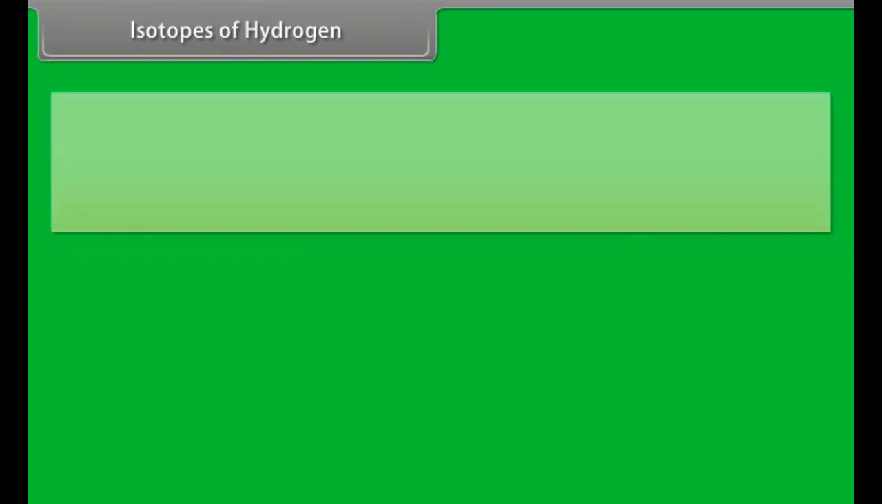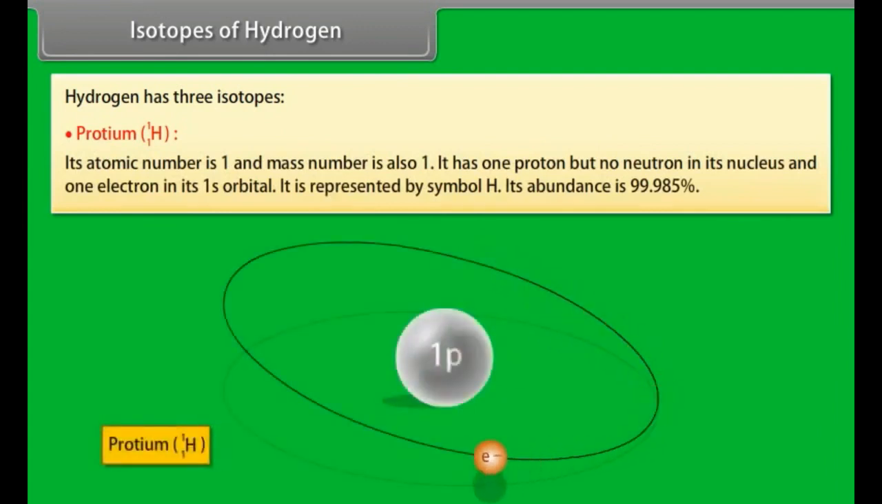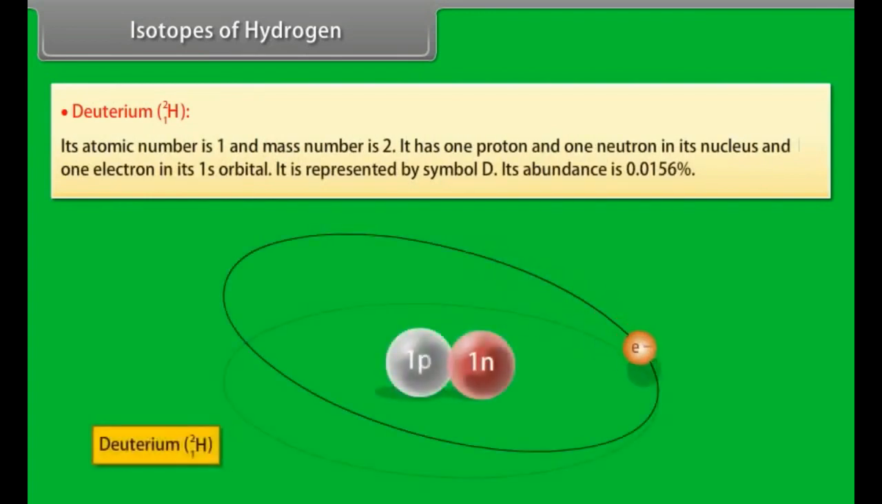Isotopes of hydrogen. Hydrogen has 3 isotopes. Protium. Its atomic number is 1 and mass number is also 1. It has 1 proton but no neutron in its nucleus and 1 electron in its 1s orbital. It is represented by symbol H. Its abundance is 99.985%. Deuterium. Its atomic number is 1 and mass number is 2. It has 1 proton and 1 neutron in its nucleus and 1 electron in its 1s orbital. It is represented by symbol D. Its abundance is